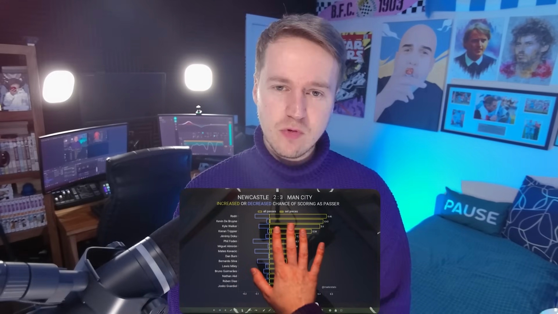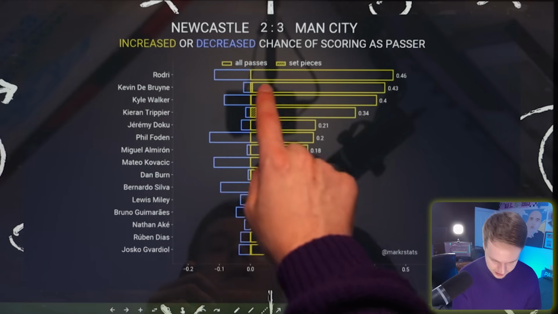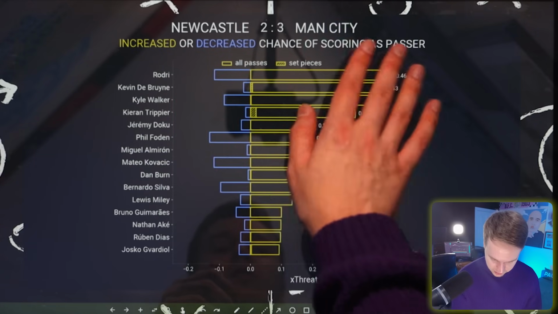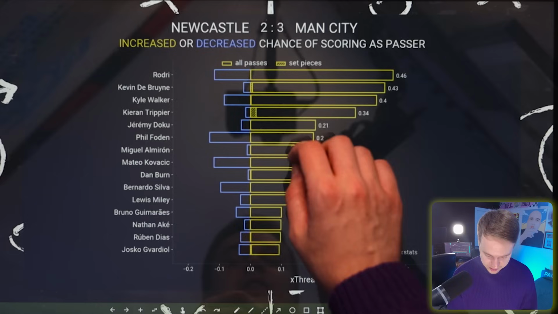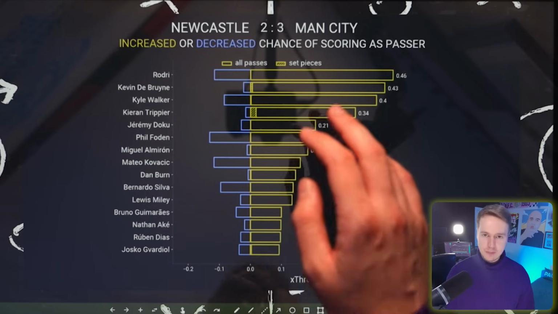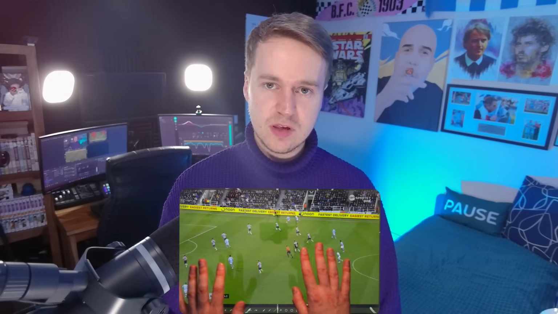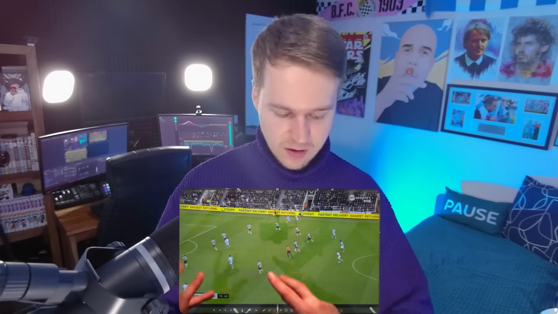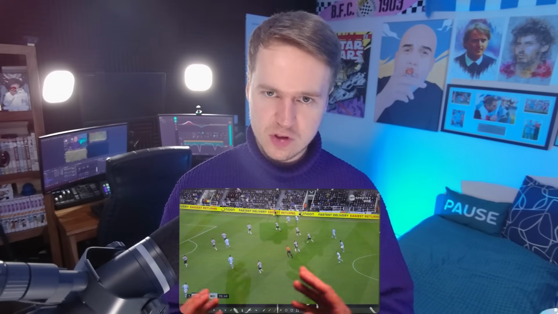Bear in mind that De Bruyne, as I mentioned, was only on the pitch for around 20 minutes, and look at where he leads in respect of increased chances of scoring as the passer. So he's actually the second highest in the game, and as I say, he was only on the pitch for 20 minutes of the game. Absolutely insane from Kevin De Bruyne. There were some really good performances in this game, not just from De Bruyne. I thought Foden, Rodri, Gvardiol, all very good, but I do want to focus more so on De Bruyne